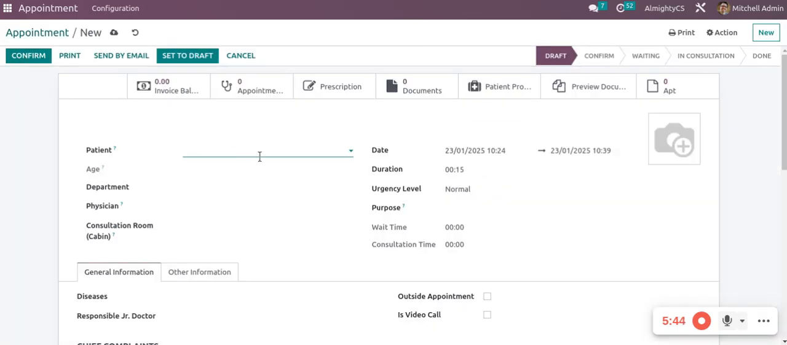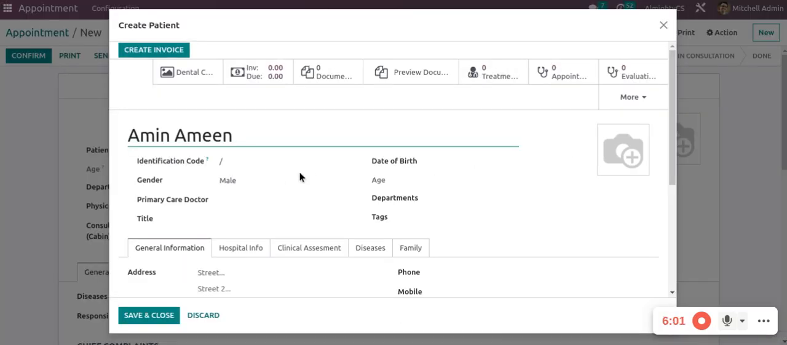Then I will create a new patient. So I've just pasted that. So there's always two options. If you select the first option, it will not be helpful because the biodata will not be fully captured. But when I click on create and edit, then I will get to add the other details like the gender,